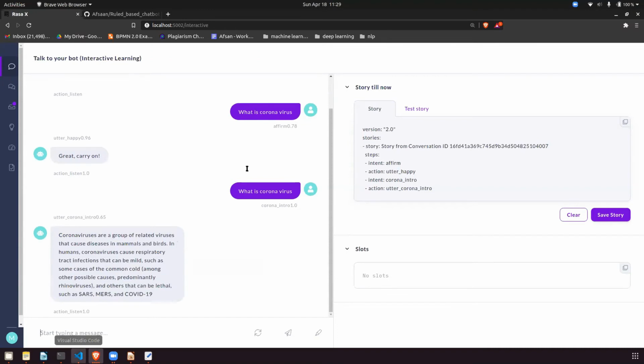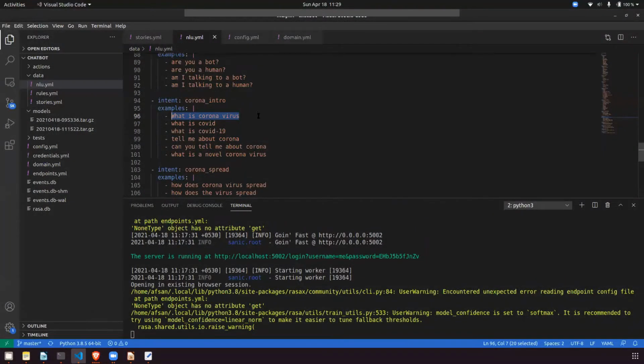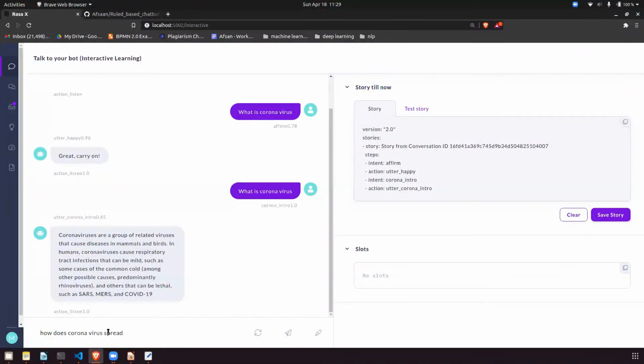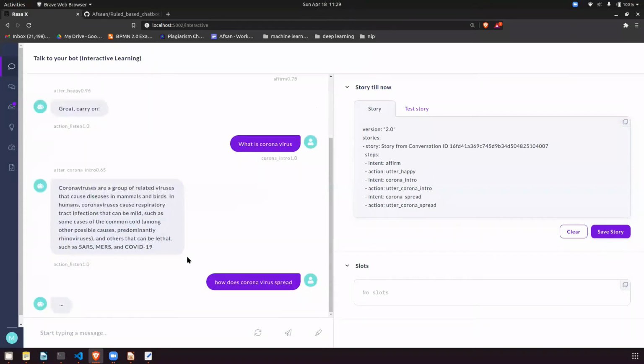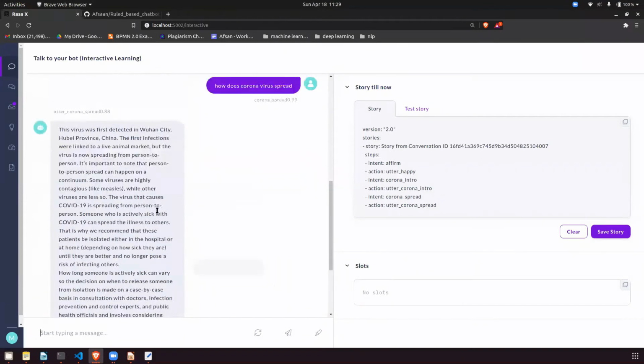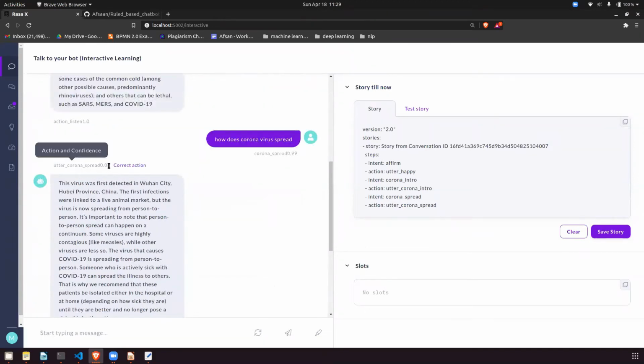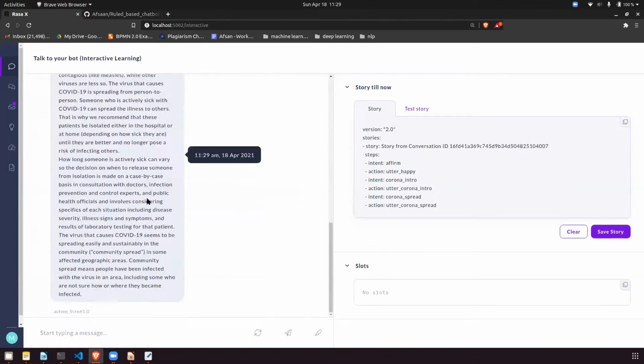Then if I type, how does it spread? This is the answer you will get: the virus was first detected, and it will give the probability accuracy. So utter corona spread is 0.888. This is the accuracy you're getting, and you can see everything from it.